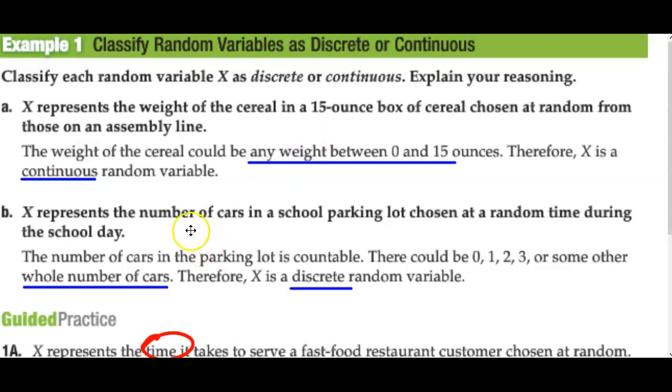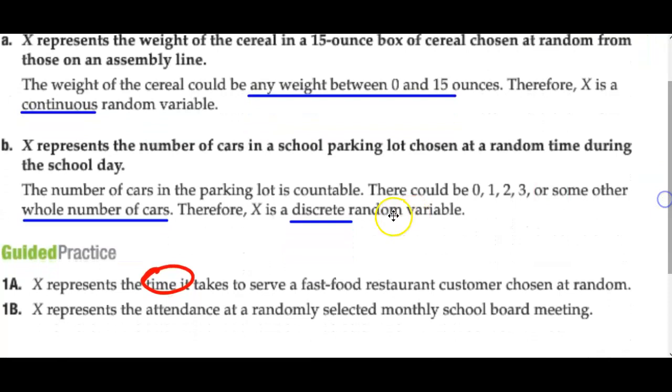Number of cars in a parking lot is called a discrete variable because you're going to only give me whole numbers of cars. So if it's whole numbers, it's discrete, think dots. And continuous means you can have a continuous number of answers, could vary. Here it says 2 more quick examples. If you have the amount of time it takes to get served at a fast food restaurant, time would be,